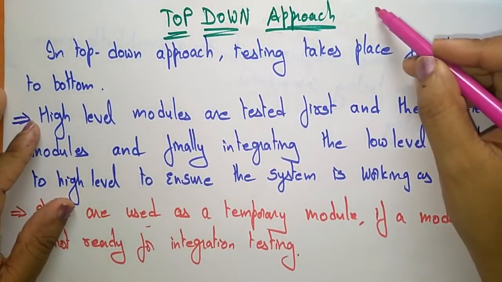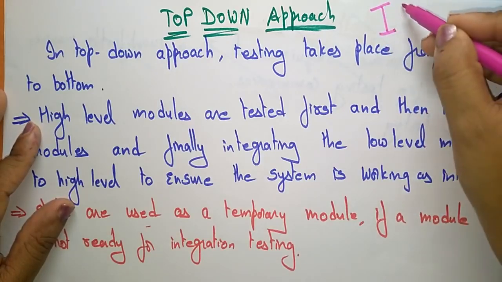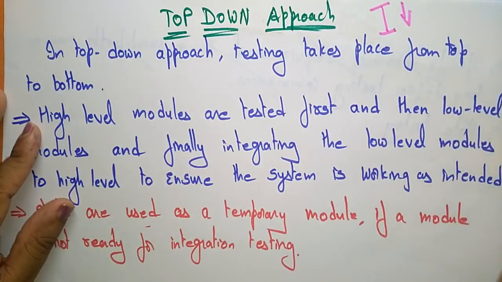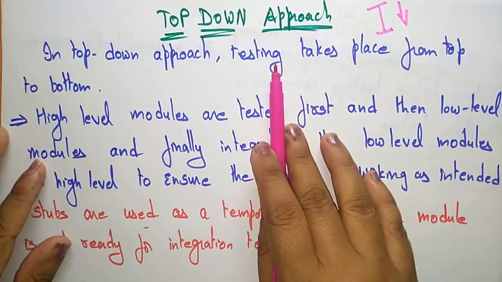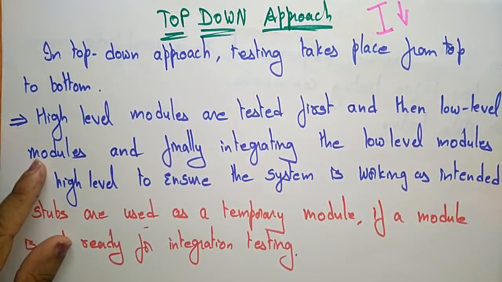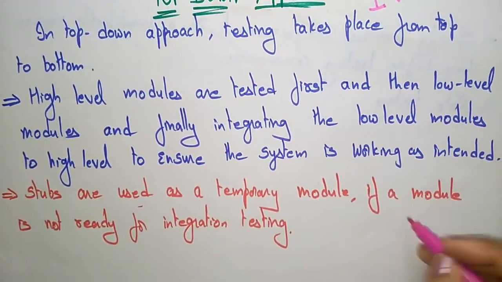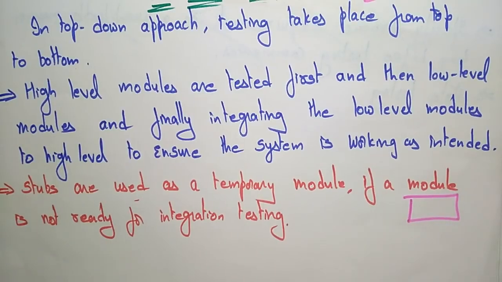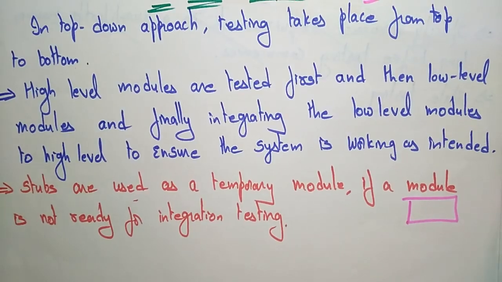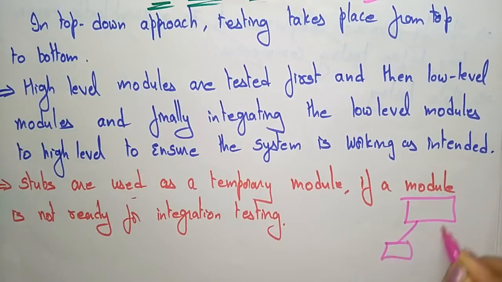Top down means from top until you're reaching down you are doing the test. Means you are doing the test in this way. Top down. It is a forward test. In top down approach testing, the testing takes place from top to bottom. Here, high-level modules are tested first. So, obviously, starting with the higher level modules. Means the module which is not integrated, means divided. It's a complete system. The high-level modules are tested first and then the low-level modules.